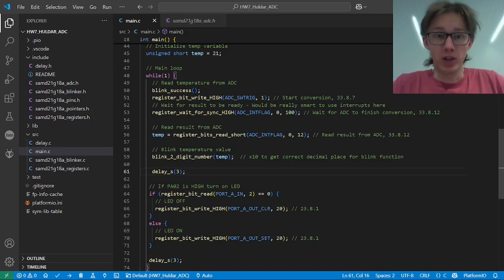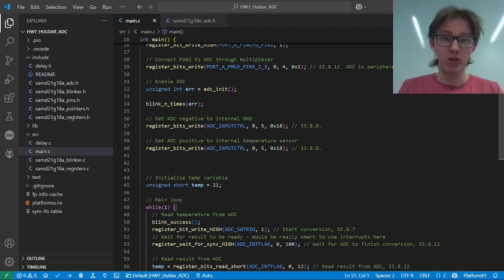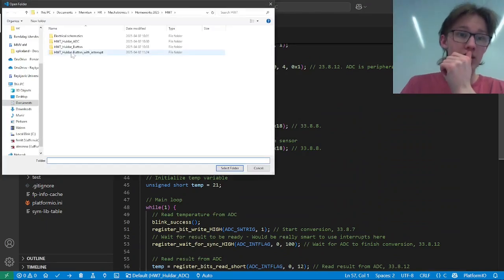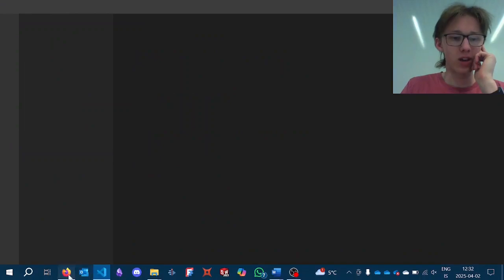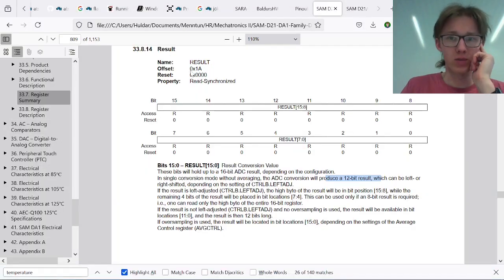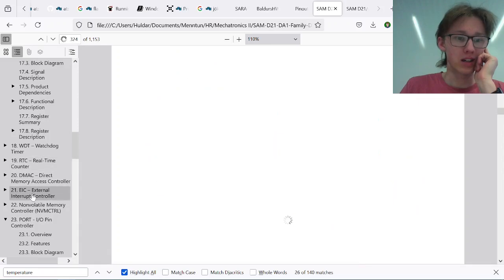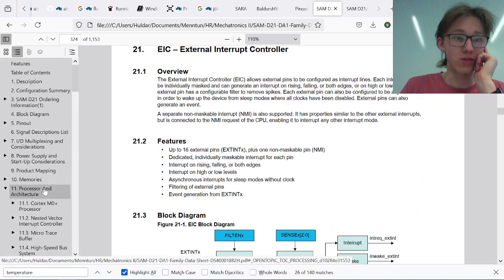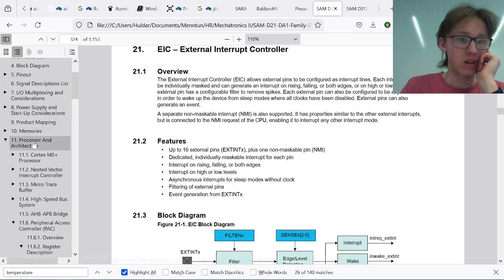If my code would work, I feel like this is pretty good, but there is something that is not working in this code here. In the button pressing, it was working. Now for the last one, I wanted to do a button press with the interrupt. So I've been looking a little bit into the interrupts here, and the interrupts are handled by the external interrupt controller. Actually, they are handled by the, where is it? Right here,